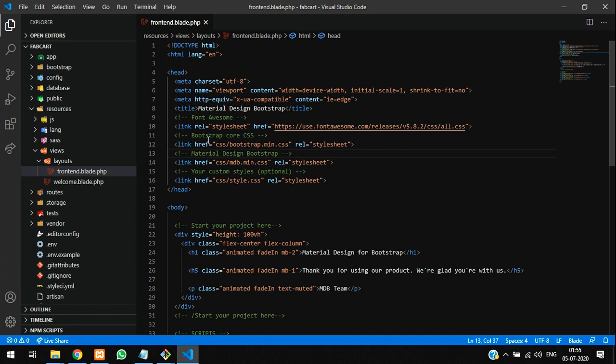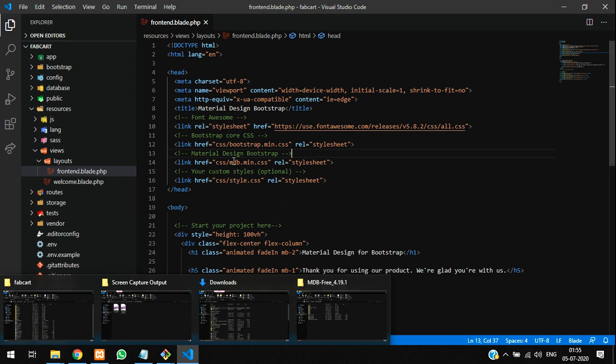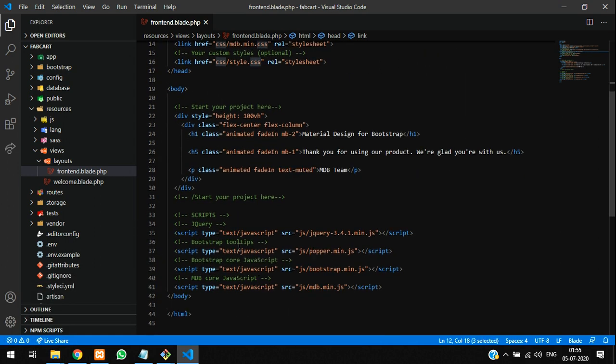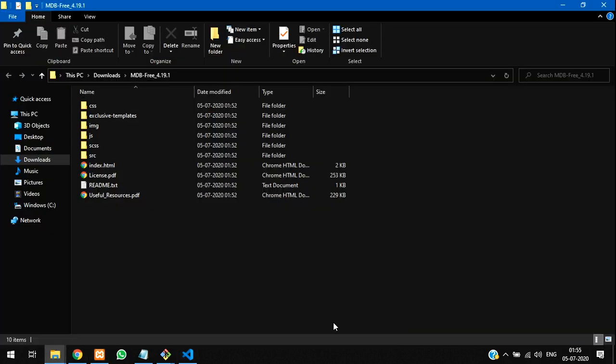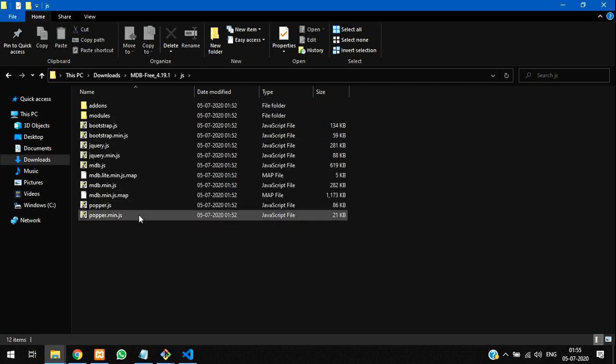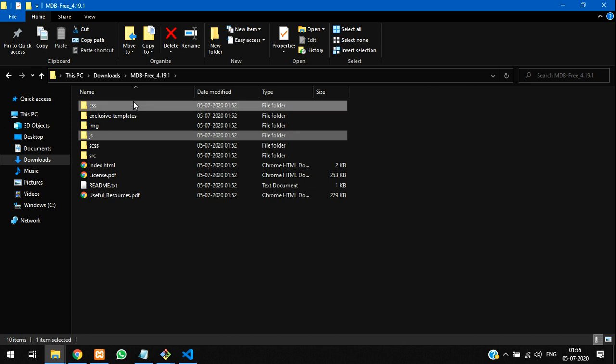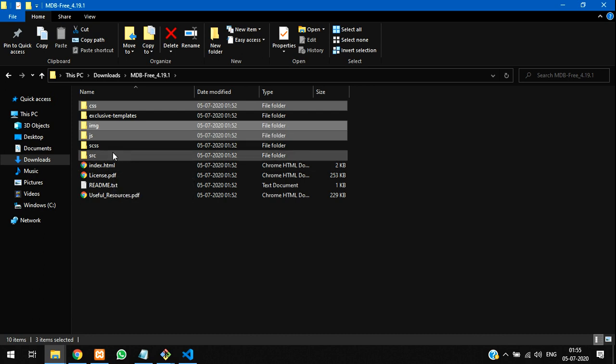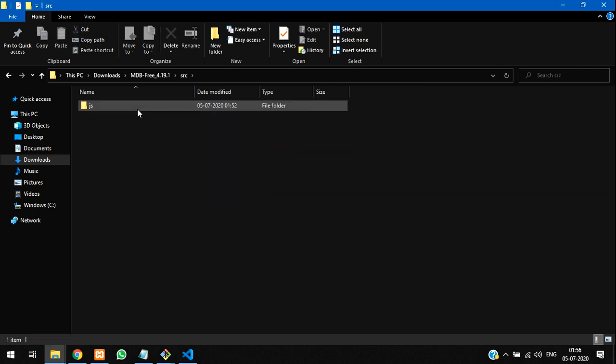Before that, to link this, you have to call your folders and files first, inside your CSS and JS things. So for that we will go back to our extracted folder and see the files, JS. Inside JS we have many things, but all the files which we require are available over here. So we just need to copy this. Let us copy the CSS and JS, and we'll copy the img and src. Let's copy these things. Let us see what is there in src, JS,